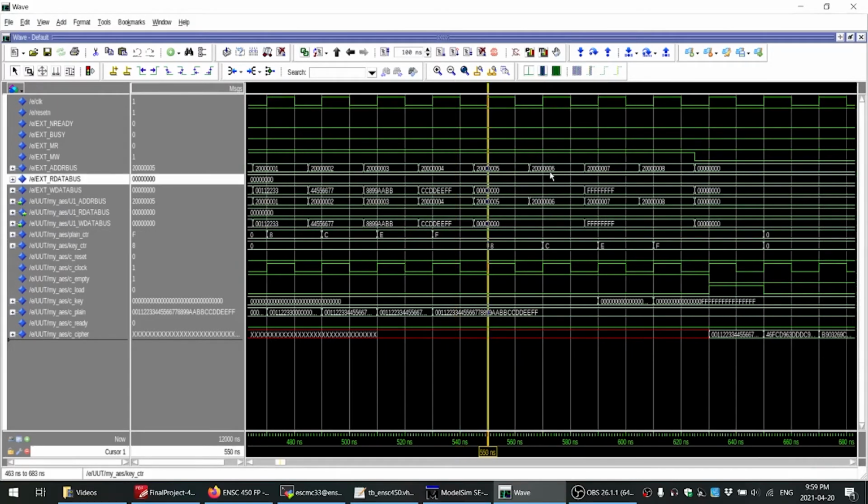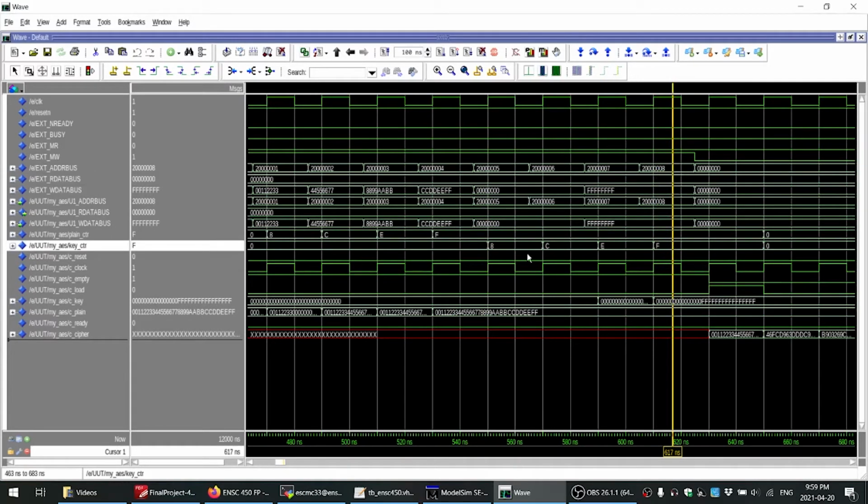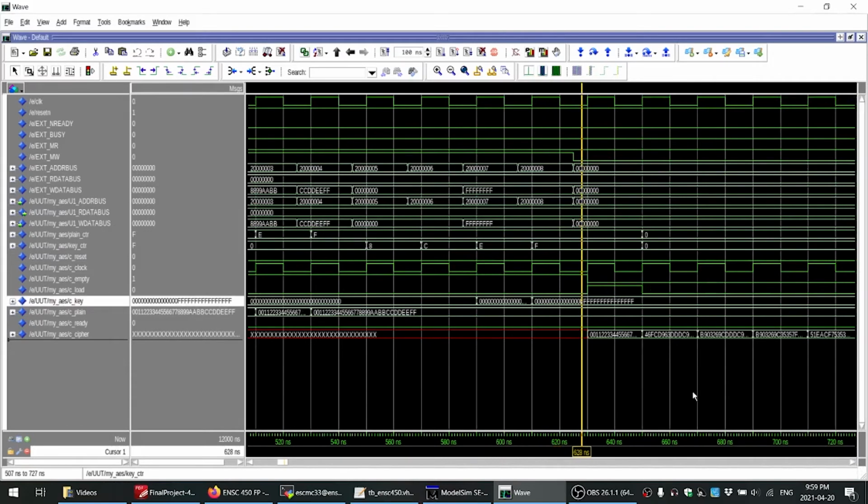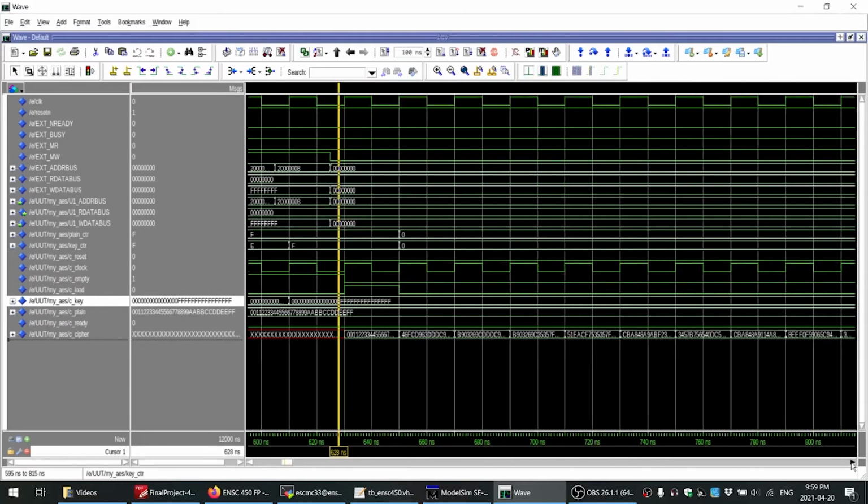Same thing when the CPU writes all 128 bits of the key to the AES core, then the key counter is all ones. And when that is the case, the AES core starts computing, and it keeps computing,